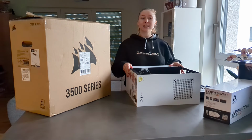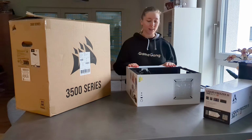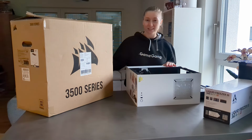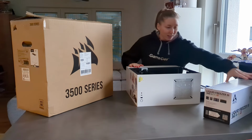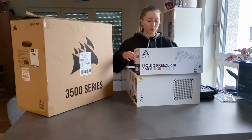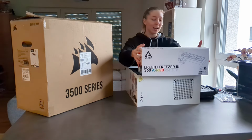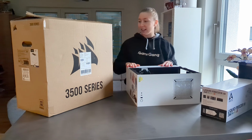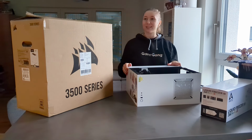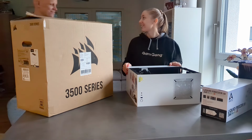Commencing upgrade. Hi guys, today we're upgrading my PC just a tiny bit though. The upgrade will be with the Corsair new series, upgrading the freezing of the CPU, the Liquid Freezer 360A RGB. I'll be adding in some new cooling and transferring everything to a new case. So GG easy, let's do this I guess, with a little bit of help of my Santa who has helped